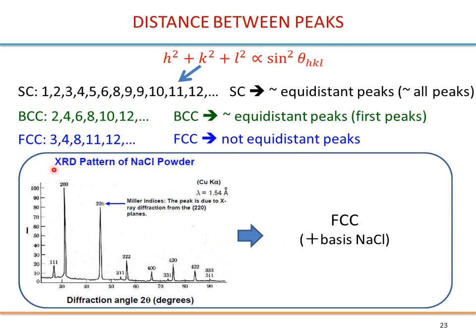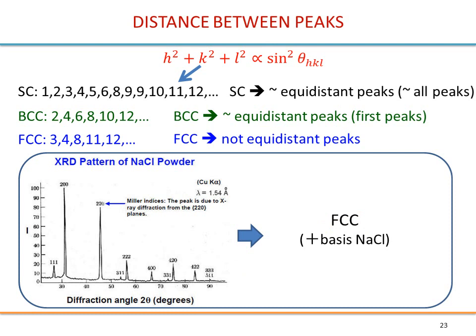And this is the example of, again, NaCl. You see that here the distance between the two peaks is given here, so this would be for 3 and 4, but the next one is very far from the third peak. Here it is very far from the second, and this is represented by the fact that this is 8 compared to 4. So just looking at these distances, we can guess it is an FCC.